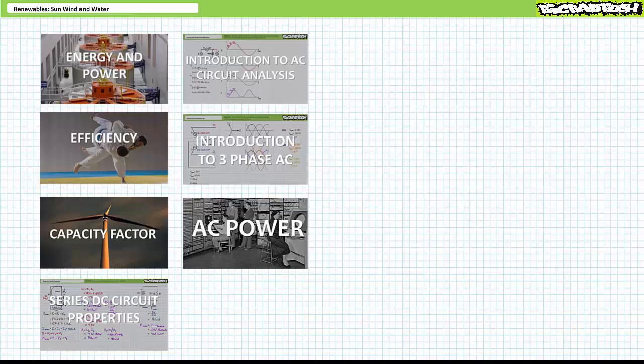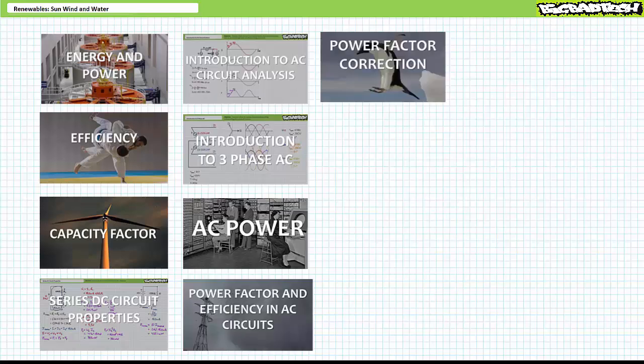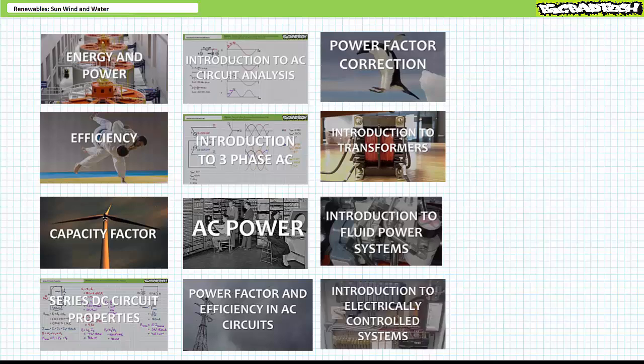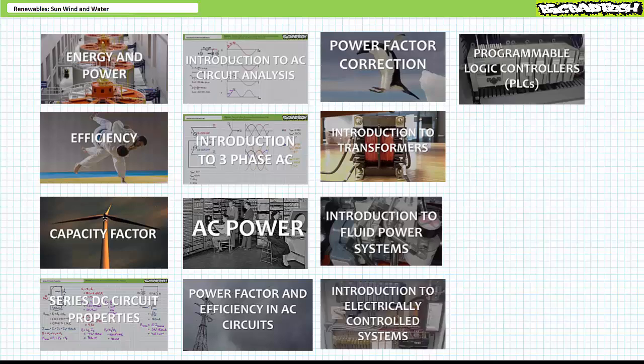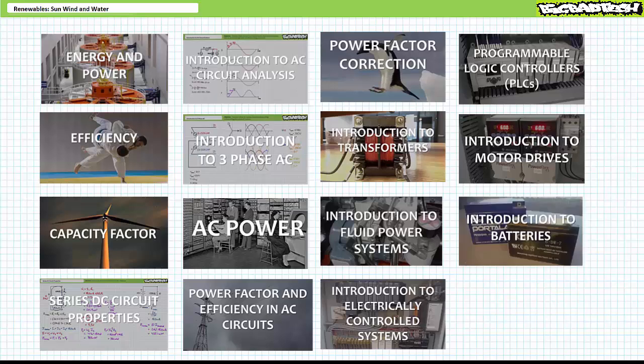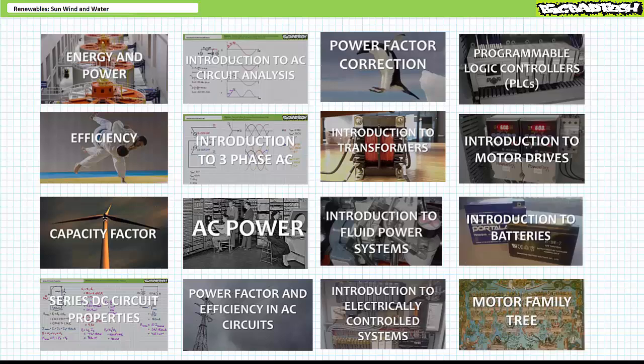AC power, apparent, real, and reactive, power factor correction, transformers, mechanics, hydraulics, switches, sensors, hardwire, relay-based ladder logic and motor control, programmable logic controllers or PLCs, digital logic, industrial control, power electronics applications like rectifiers and inverters, batteries, power transmission, and motors and generators. If there is the slightest hesitancy on your part about any of these subjects, by all